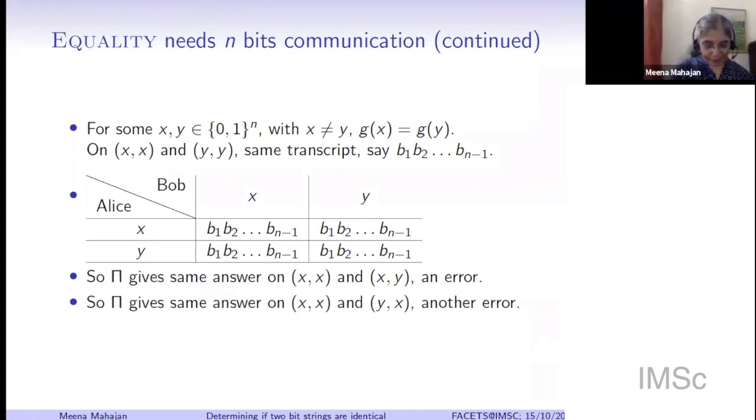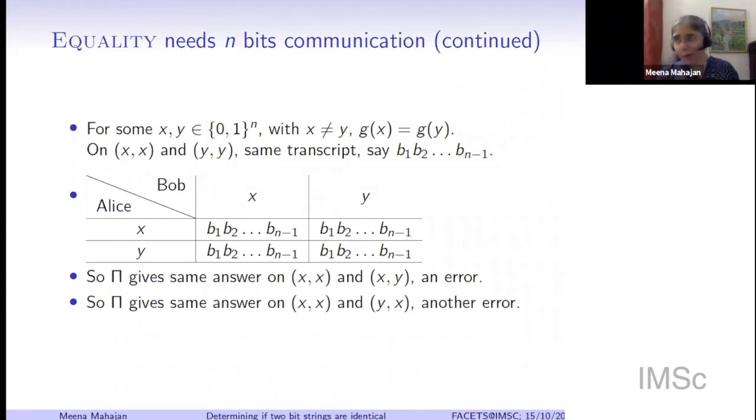Okay, thanks, Varuni. Okay, so this was a textbook illustration of the kind of argument which we would use in proving a lower bound. You want to show that no matter what protocol is designed, it must require so many bits. This is very different from saying, here is a protocol, analyze it, see how many bits it uses, or here is an algorithm, analyze it, see how much time it takes. You are not given the protocol, you are not given the algorithm, right? So this is a lower bound argument which says that no matter what protocol is given, if it solves this question correctly, then it will require lots of communication.